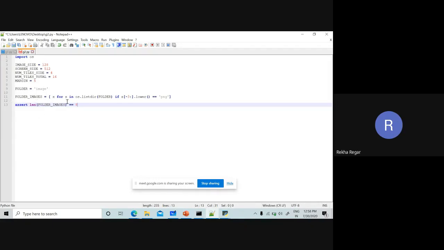When this becomes 8, that is done. So these are some components and values required for image loading.